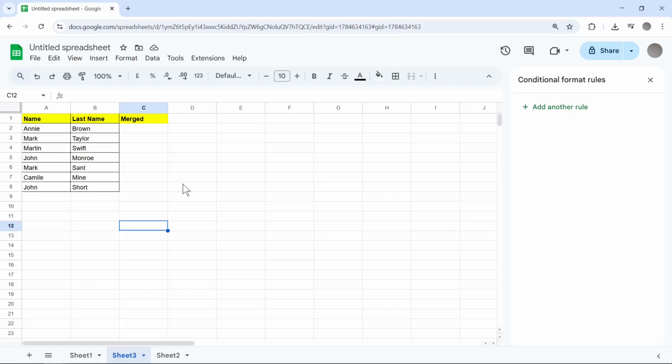Hi, in this tutorial I'm going to show you how to use the CONCATENATE function in Google Sheets. For example, we have here two columns, name and last name. If you want to merge these columns and have, in this cell, for example, Any Brown, you need to click